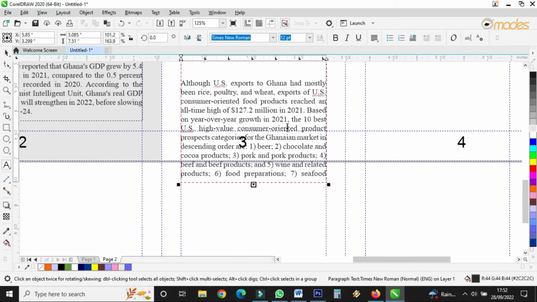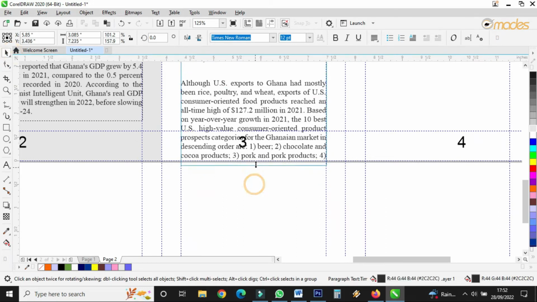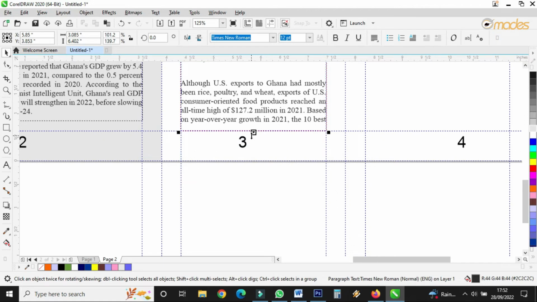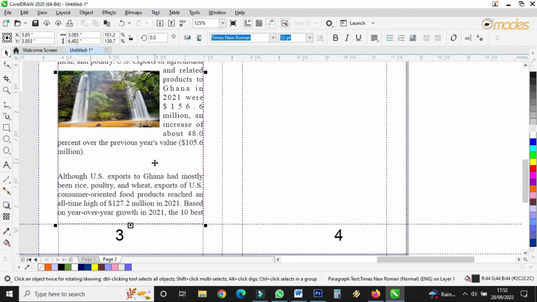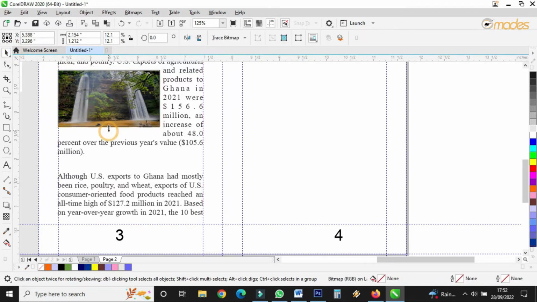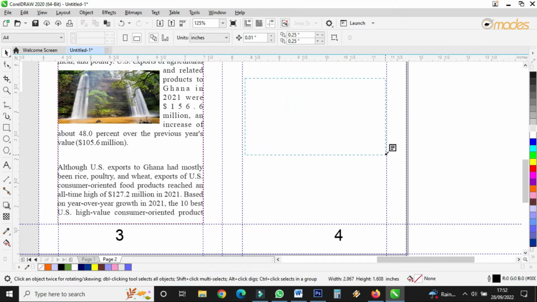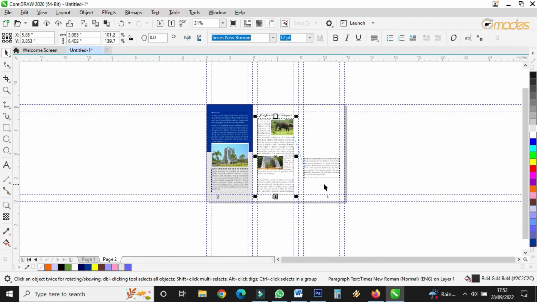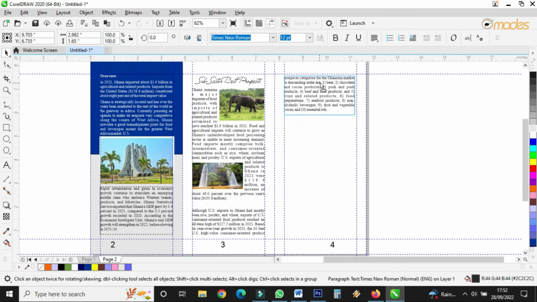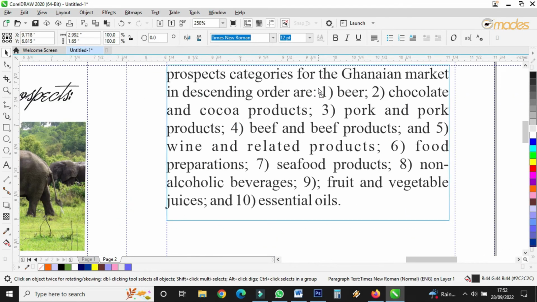And it's overflowing, but because it's for tutorial purposes, I'm not cutting it. If it was overflowing, I could cut it and continue from here. The last time I showed you how you can link your words from one page to another. So you just click on this arrow, then you see this sign, meaning the words are inside. Then you draw something like this, and it will automatically flow inside the box that you have drawn. Okay,